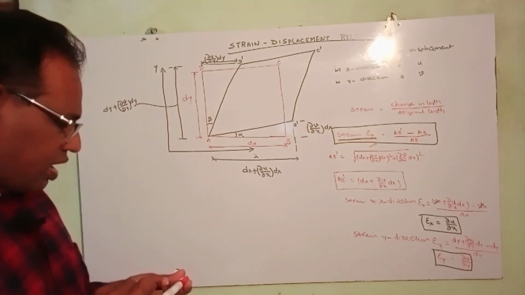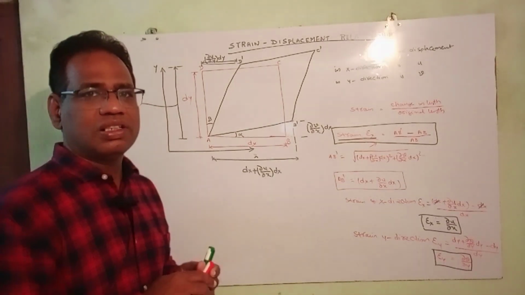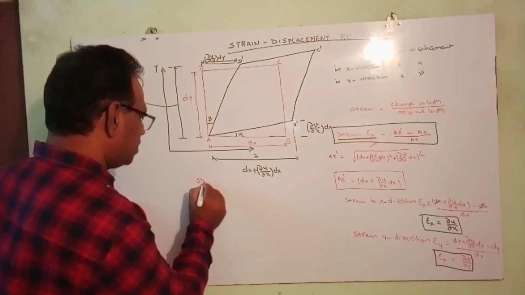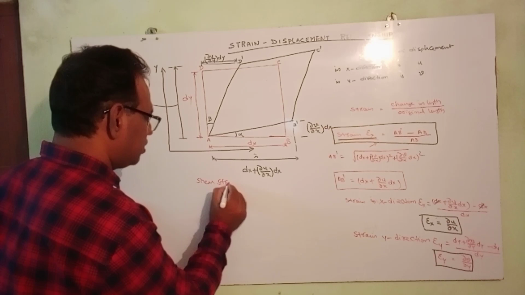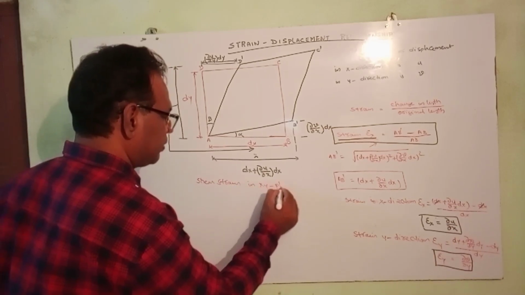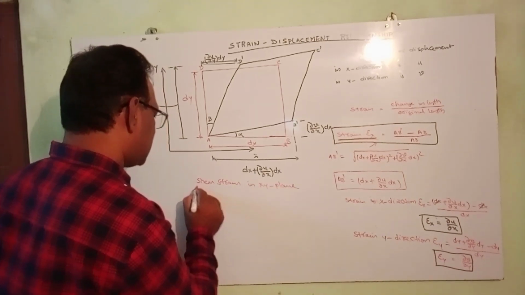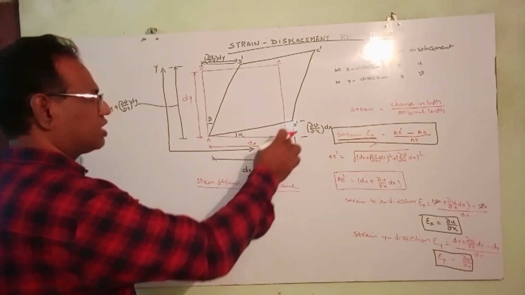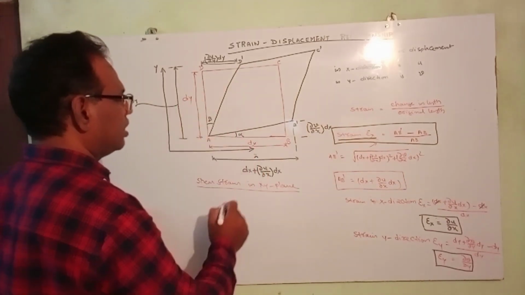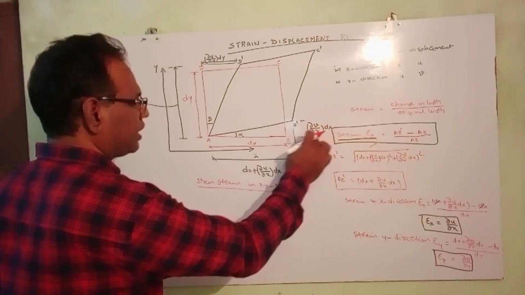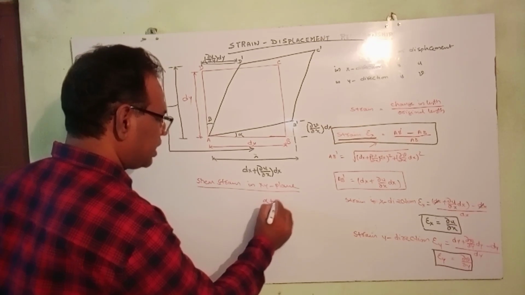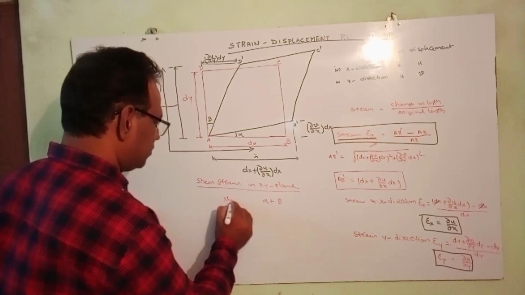Okay, so now I want to find the shear strain, that is, the shear strain in the xy plane. What is the shear strain in the xy plane? It is the distortion in the shape of the object. So that is alpha plus beta. What is alpha? ∂v/∂x times dx by dx gives ∂v/∂x. So alpha plus beta gives the shear strain.